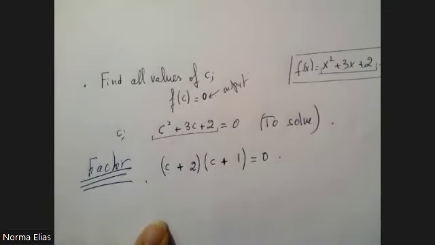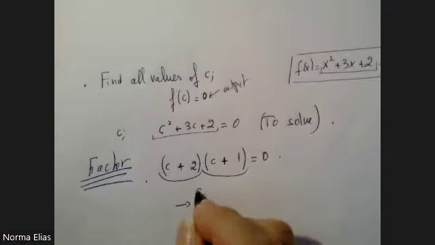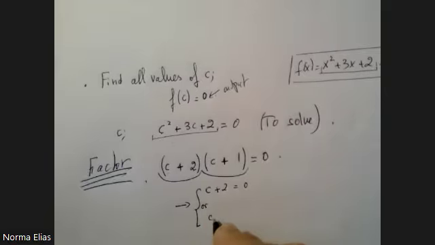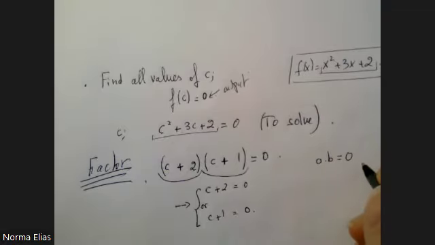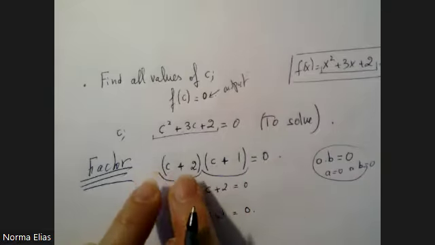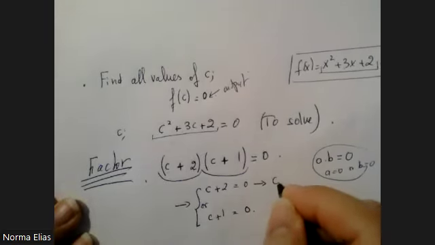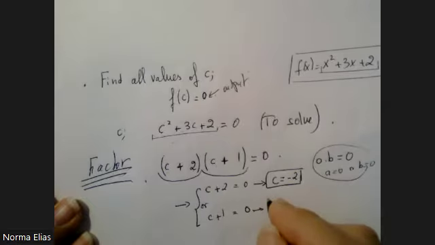What's the benefit of factoring? If this product is equal to 0, this means that either this factor is 0 or this factor is 0. Because if you have two numbers and you multiply them and the product is 0, this can occur only if A is 0 or B is 0. So the only C's that will make this product 0 are the C's that make the first factor 0 or the second factor 0. This gives me C equals minus 2,